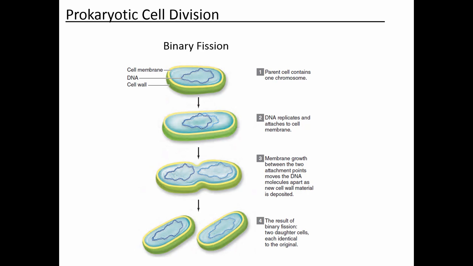Another thing where this will come in when we talk about reproduction is that binary fission is a form of asexual reproduction. So this is an example of a single parent giving rise to the offspring. So remember, most prokaryotic cells are single-celled organisms, and if they divide by binary fission, that's a form of asexual reproduction in those organisms.